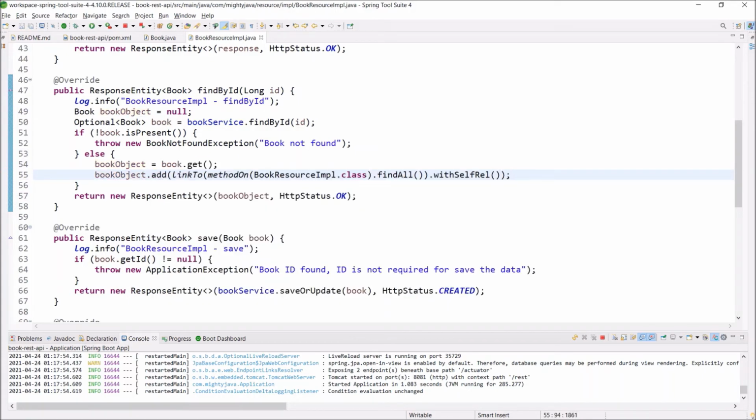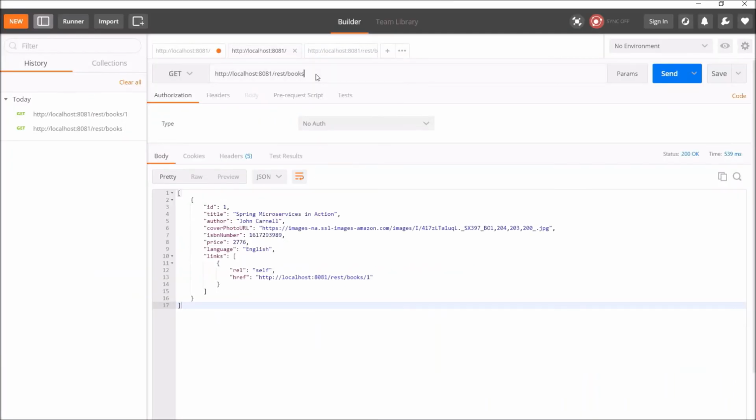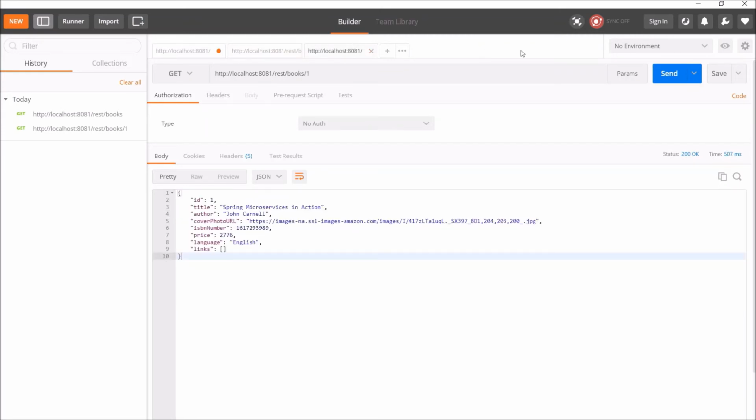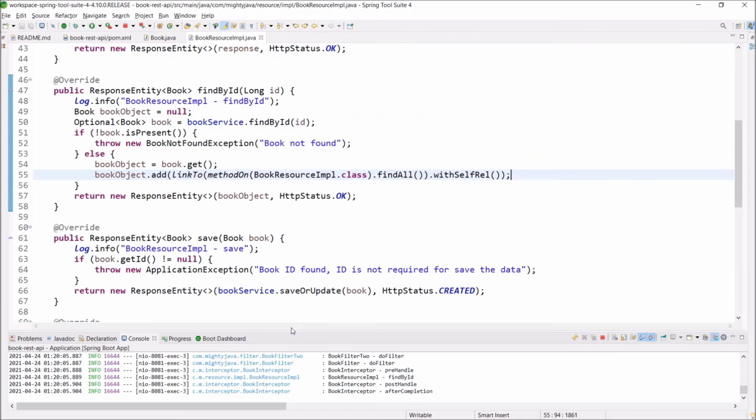And that's it. Now let's check whether findById is including the findAll request link or not. FindAll is still working the same as earlier. Now let's check whether findById is working as expected. See, it is working as expected and it is including the findAll link also.